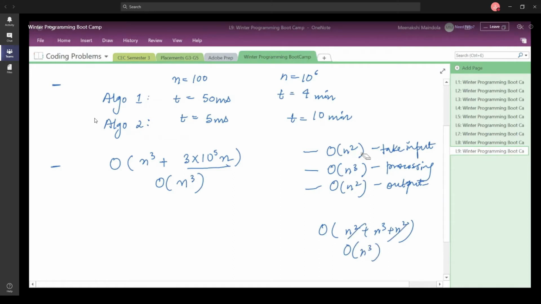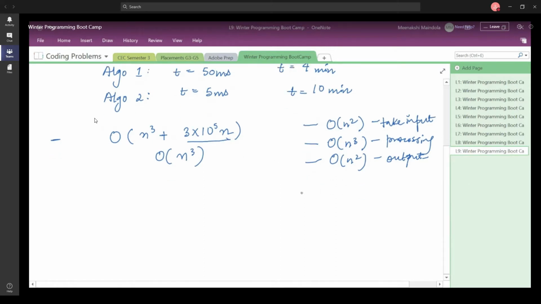Because we say that all of these things are going to work parallelly. So this is the same thing as we are talking about here, which is order of n cube time. The time complexity shouldn't be order of n cube plus n. In this case, it is going to be only order of n cube. That is what we are discussing here.